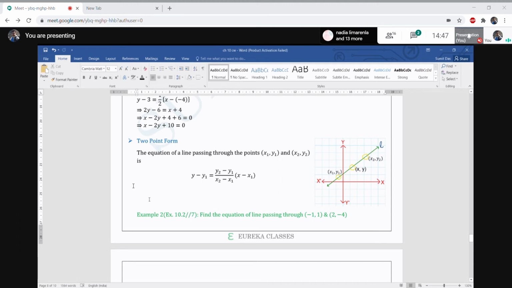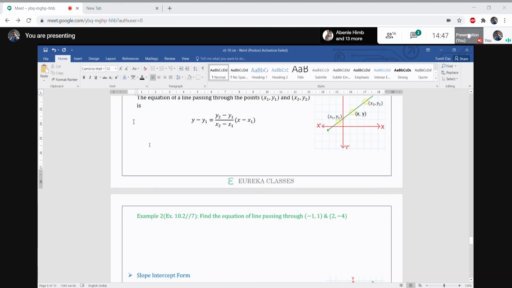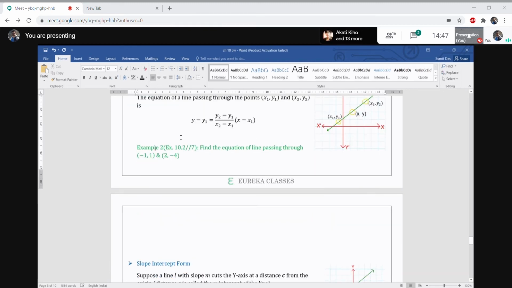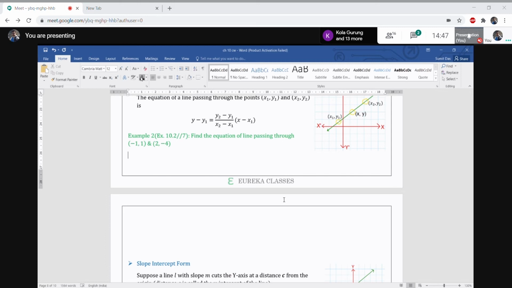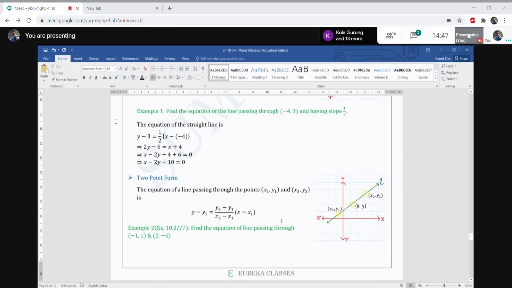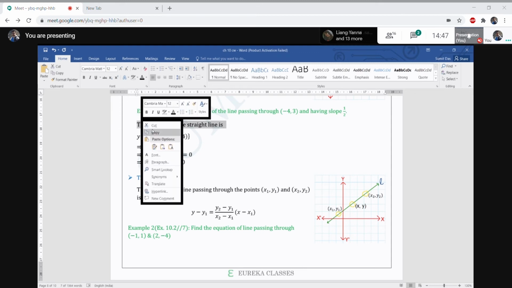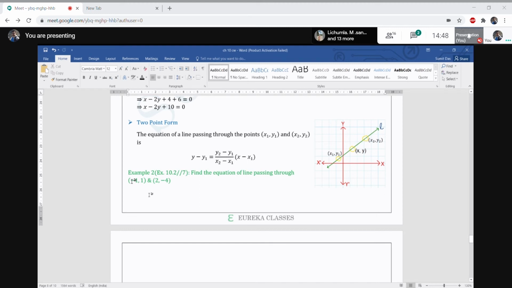Okay, actually you can see many things are actually the same. So let's do one question. This question is actually from your exercise. What is this question saying? Find the equation of the line passing through these points. So what will be the equation? The equation of the straight line will be